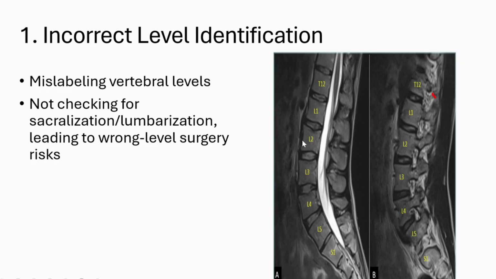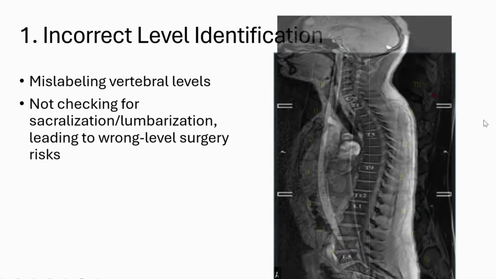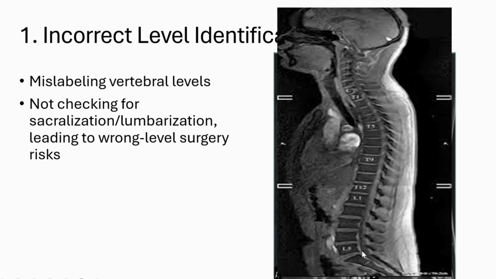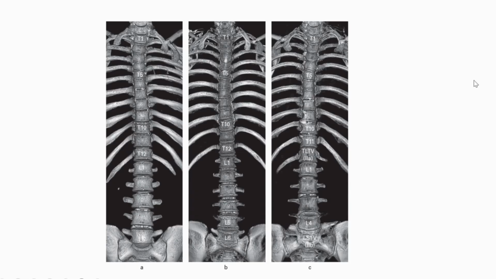This cannot be diagnosed by only seeing the lumbar sagittal image. For this, a coronal image is required or whole spine numbering. We can avoid this type of error by counting the whole spine vertebral levels as given in this scout image. That is, this one is C1, from T1 to T12 and then L1 to L5. So after counting all these vertebral levels, we can avoid mislabeling vertebral levels, or we can compare with the CT image. These images are 3D reformatted images.